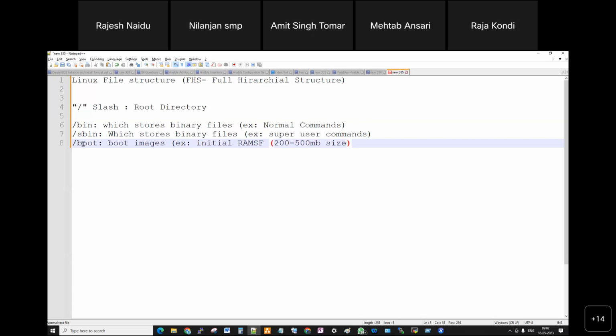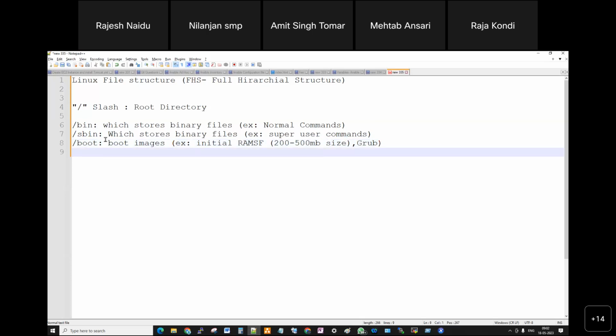And along with that, one more file will be there, that's called grub. This is a very, very important file stored in the boot images. In case the initramfs or grub file is deleted or corrupted, your operating system will not work.